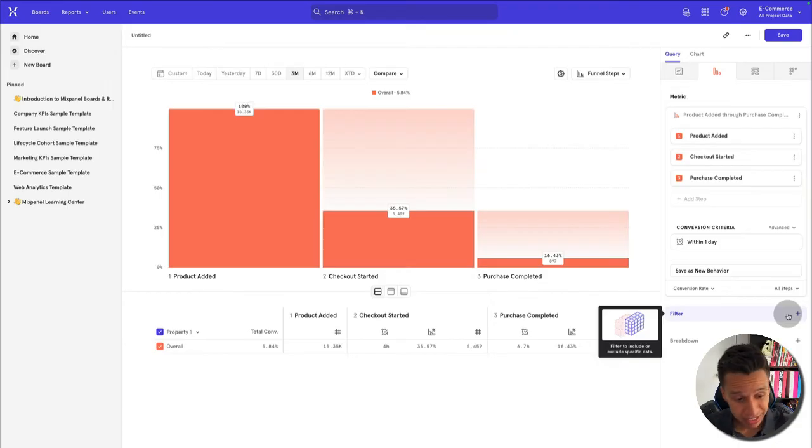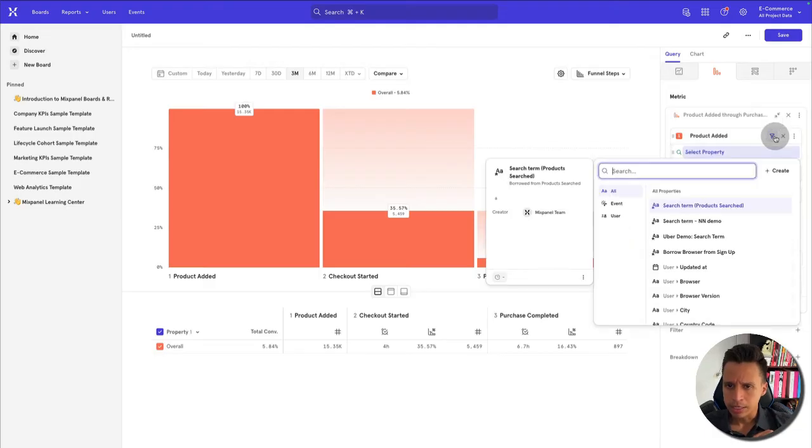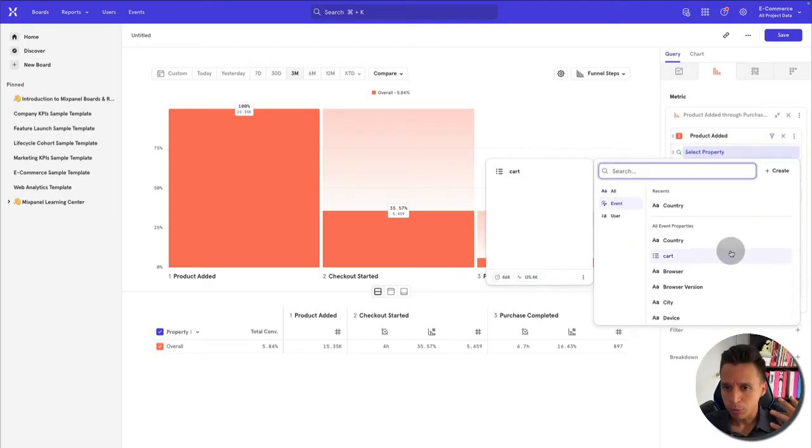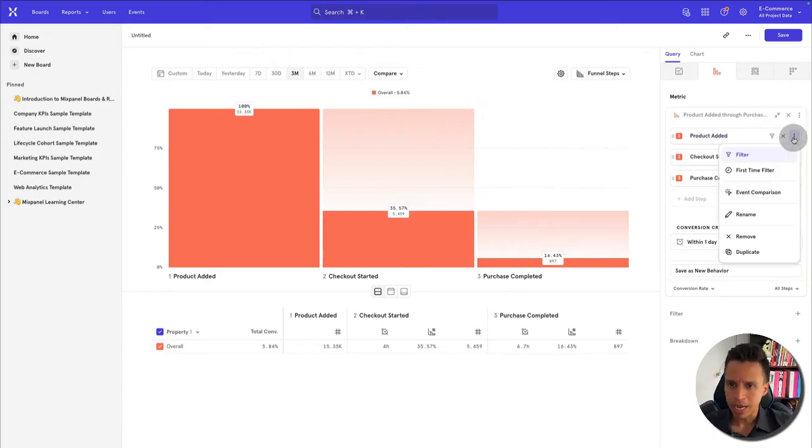This is great for companies that are accustomed to very high level numbers, right? Where they know what the checkout conversion rate is, but they cannot segment down to specific product lines, specific countries, specific marketing sources. Mixpanel makes this all really easy. There's a few other things we can do. A couple duplicate functionality, right? For example, if we want to filter down by a specific product, we can do it here at this level instead of doing it at the entire funnel level. But this is mostly minor details that you will get familiar with over time as you get familiar with the